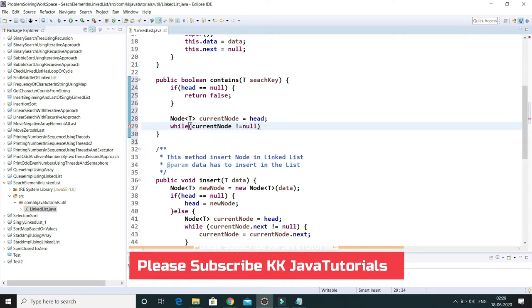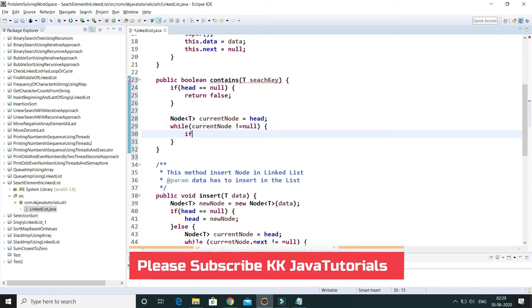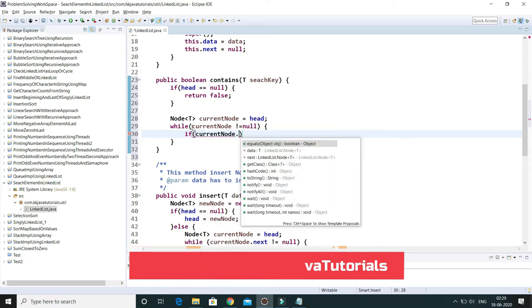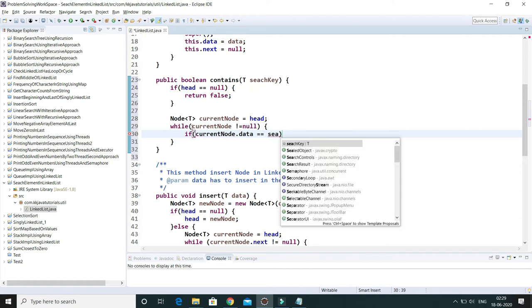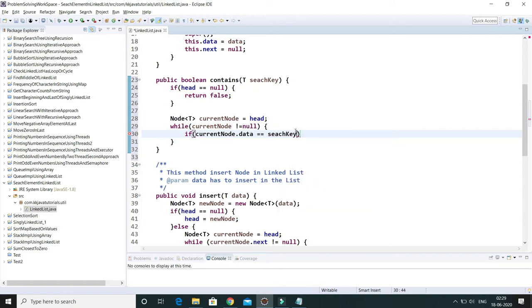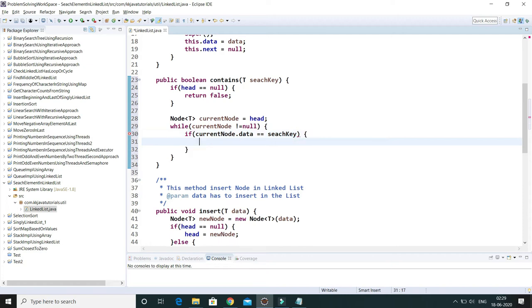Then here you give the if condition: current node dot data equals search key. If that is the case, then we have found the search key within the linked list, so in that case we have to return true.